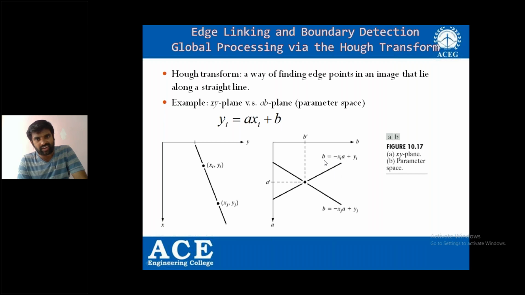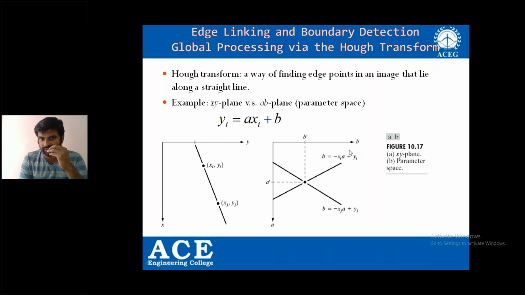So that is, for different values of slope and intercept, I am going to take different values of a and b, and draw the lines which are passing through xi and yi. So here, for this, b and a are changed. If I go on changing here, similarly, if I draw the lines for xj and yj, the two lines may